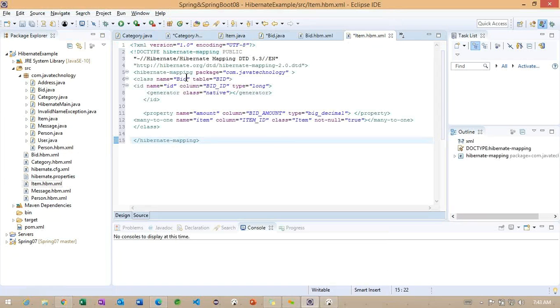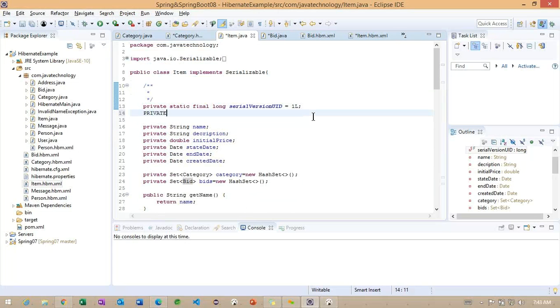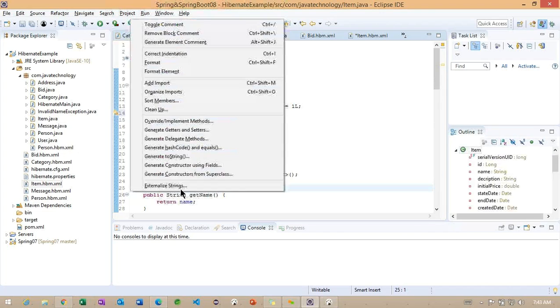Change it with item, and the table also we will create as item. Inside this particular Item class, we are going to have ID. We don't have an ID. Let me create, sorry. Let me create the ID property here.